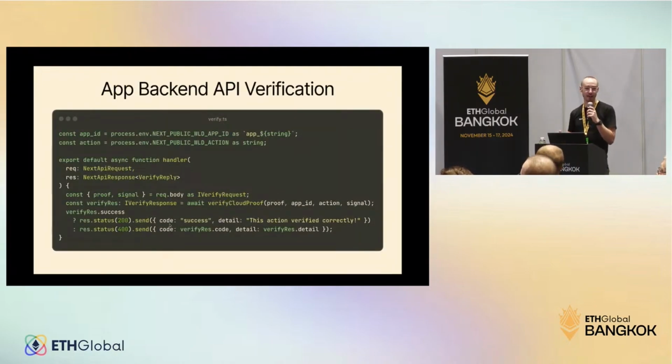To actually verify your app in the backend, we have this helper function called verify cloud proof that will take in the proof, the app ID, the action, and the signal, and handle calling our developer portal API to verify that proof. So you'll either get this successful response or an error response. If it's successful, in your backend is where you should mark the user as verified in your database or something like that, right? But you want to take some action with that successful result in your backend because your backend